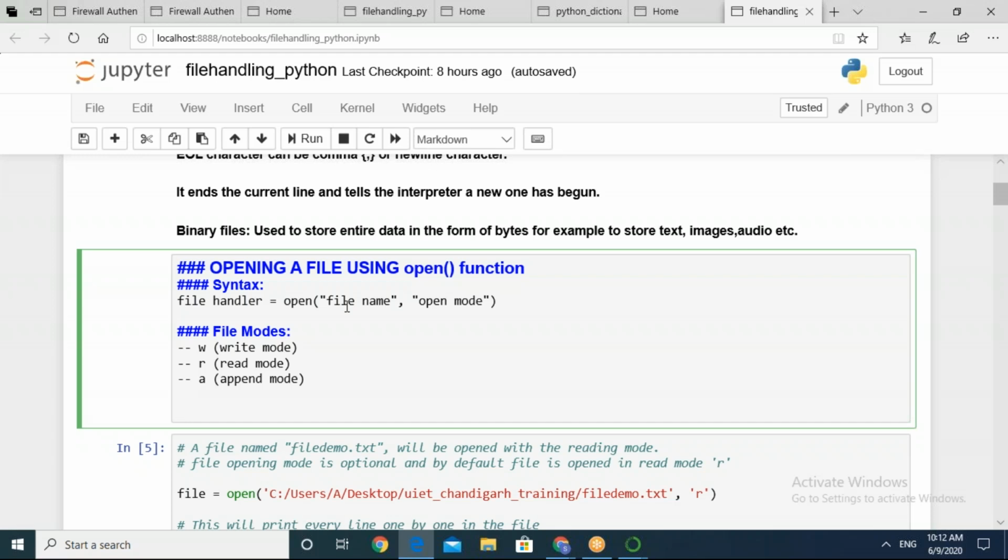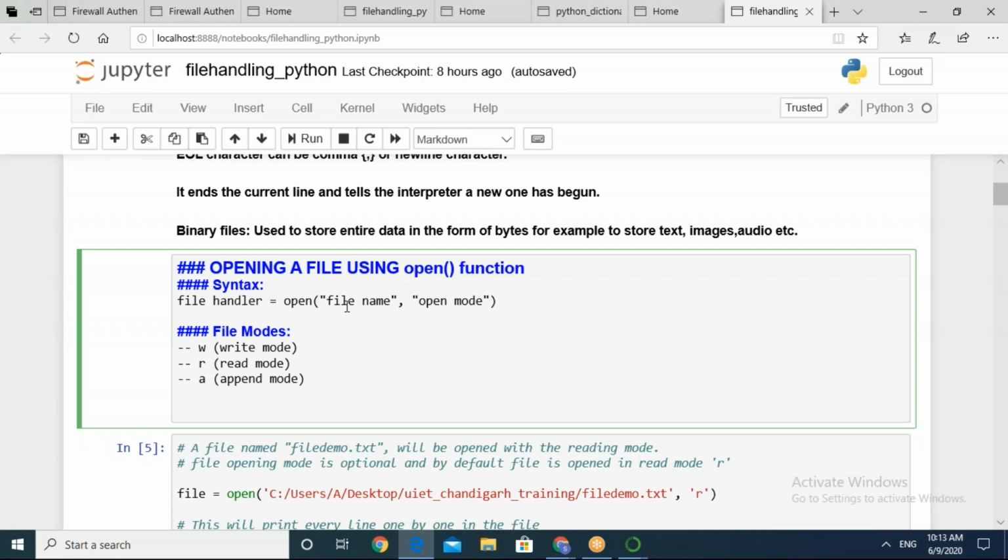The file name can be any particular file name which is stored in your directory. You will have to mention the path carefully. The only thing which can create a problem in your file handling is the path. So it's better that you go to that folder, right click on properties and copy the path given over there, so that you do not make any mistake while typing.